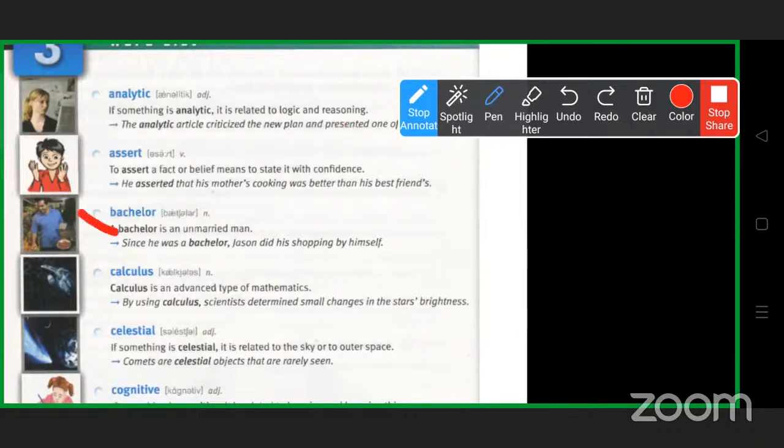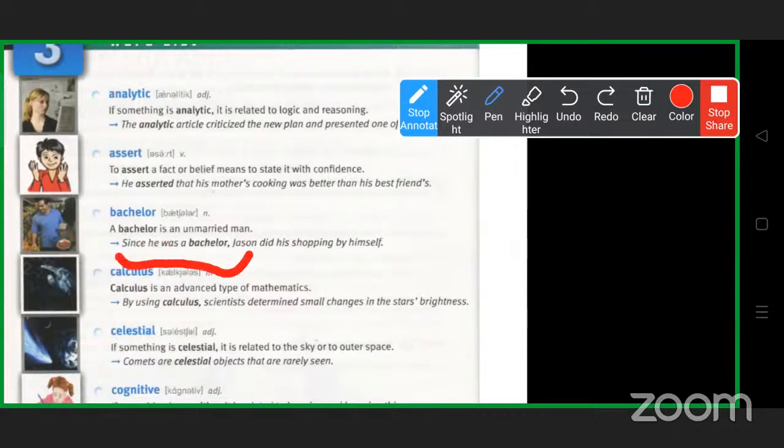Now thereafter comes bachelor. Bachelor is also a very common word known to everyone. A bachelor is an unmarried person. Any unmarried person who is on the verge of getting married, or the person who has not yet gotten married anyway, that person would be called a bachelor. I'm not a bachelor, I'm a married person.